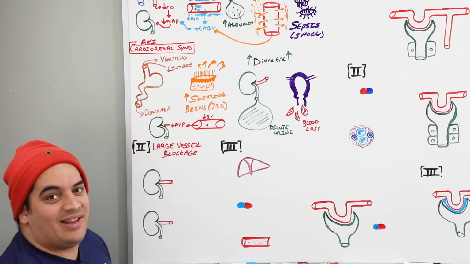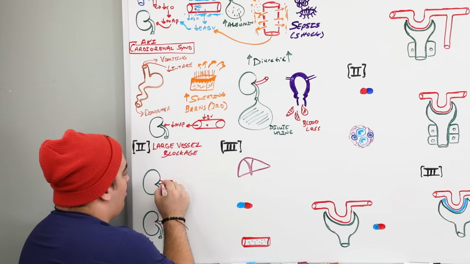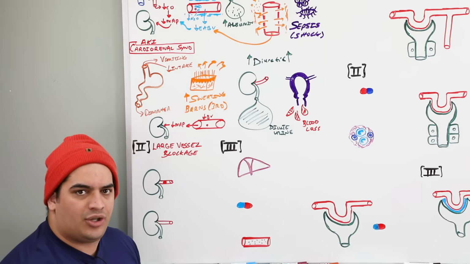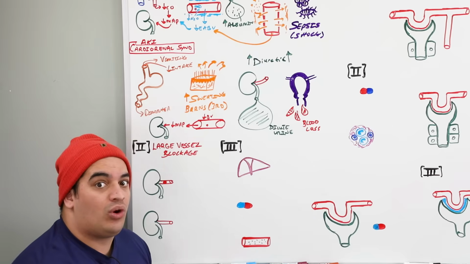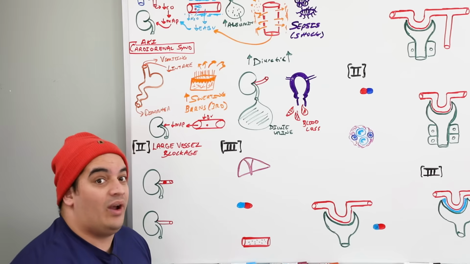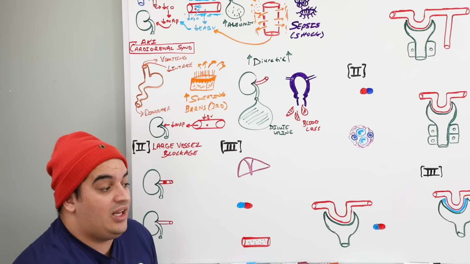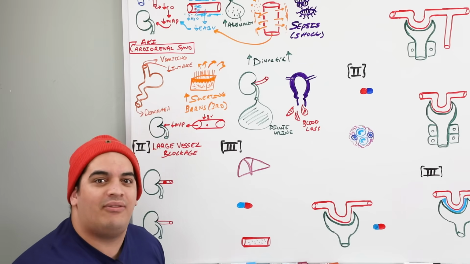What are the vessels that supply the kidneys? The renal arteries, right? So let's say that you have some type of blockage of the renal artery. What would be a condition which would put you at a susceptibility where you can throw clots and it can go anywhere. It can maybe go to the brain. It could go to the kidneys. It could go to the spleen. It could go to your GI tract. It could go to a limb. What is that condition? AFib.